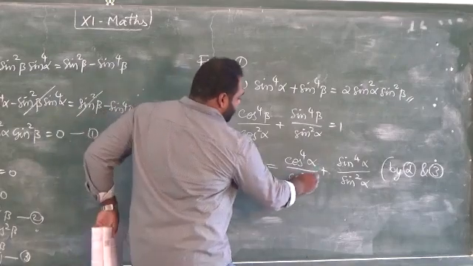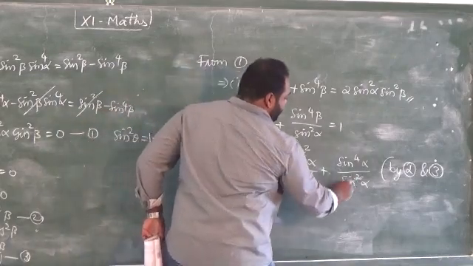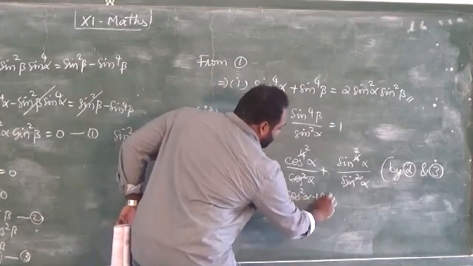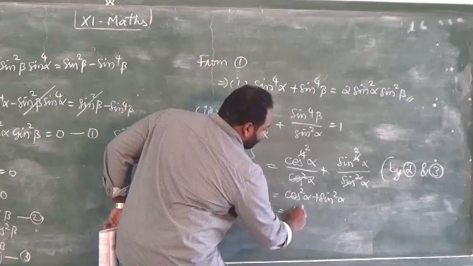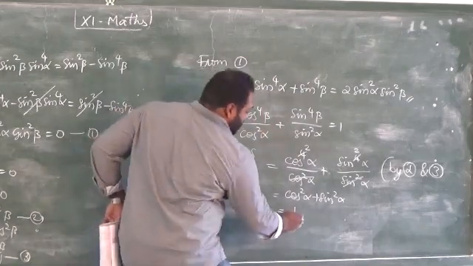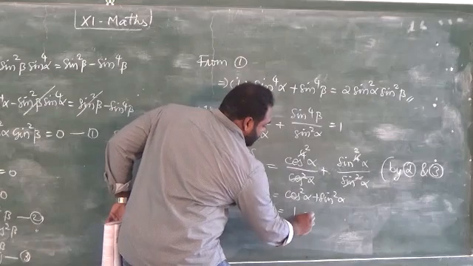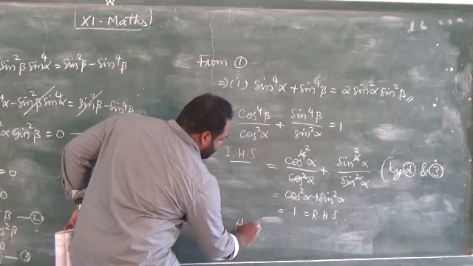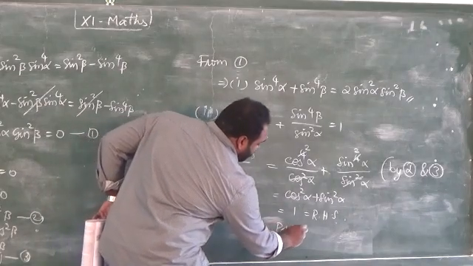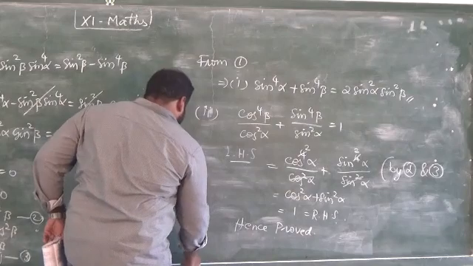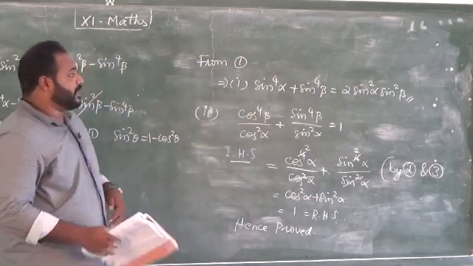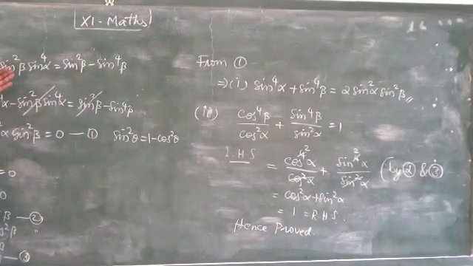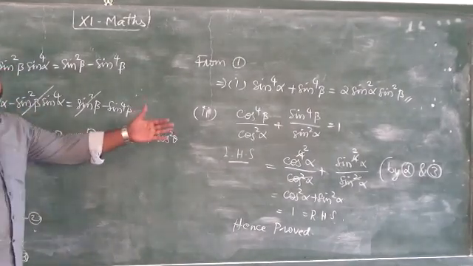So here we have a cancellation. This 2 times we have a cancellation. So cos square alpha plus sin square alpha equal to 1. So this is a very important and first identity. You know that this is just hence proof. Like these problems, when you have it in your examination, first thing you have to remember is to simplify the given. If you simplify the given, automatically you will get the answers.